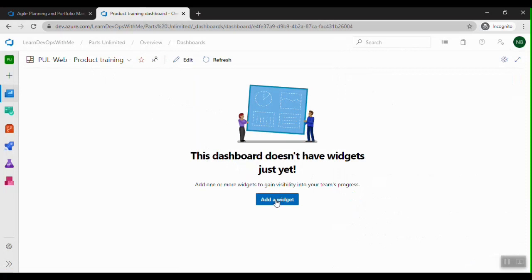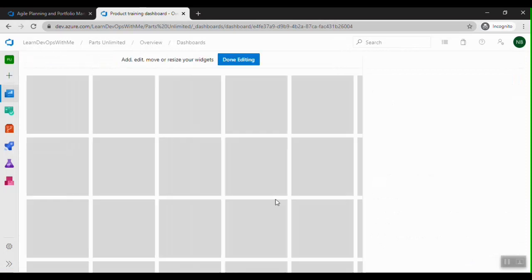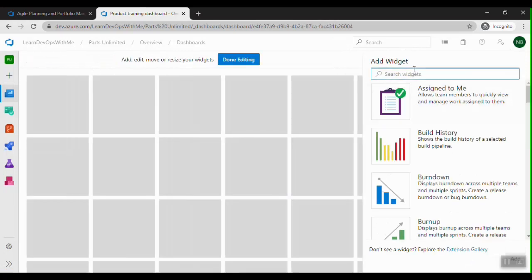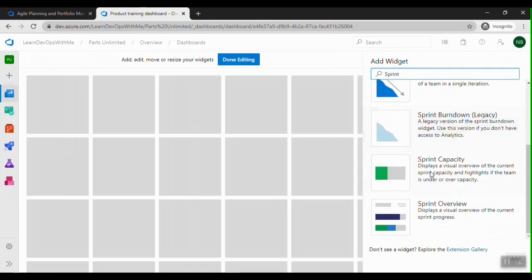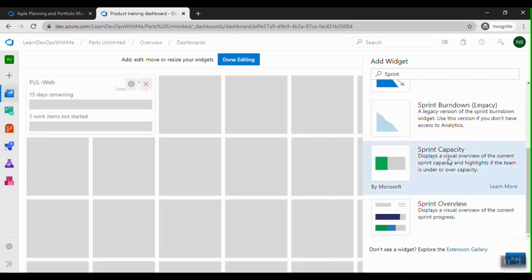So let me go and add a widget here. Maybe I'm interested in the sprint details, so I can search sprint related widgets. So I'll say I want to add a sprint overview, then I even want to add a sprint capacity.